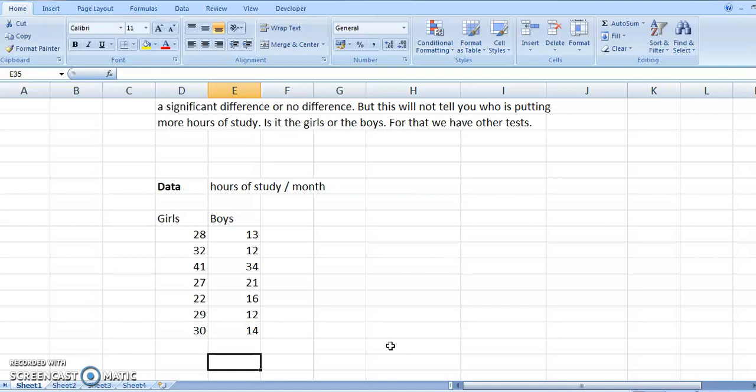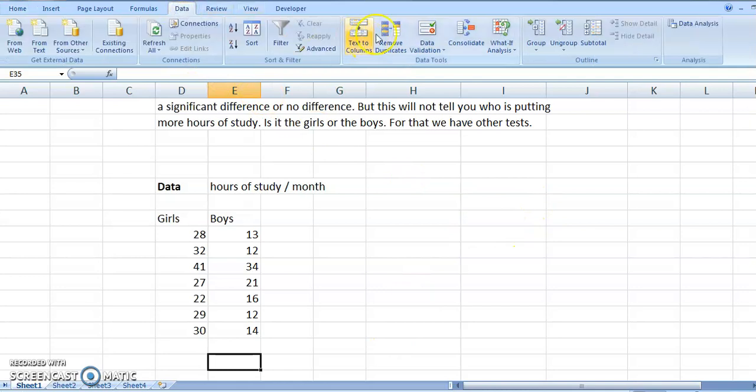Then it becomes tedious or almost impossible to say if there exists any difference between the girls and boys. You can try it yourself and say with accuracy whether there exists a difference or not.